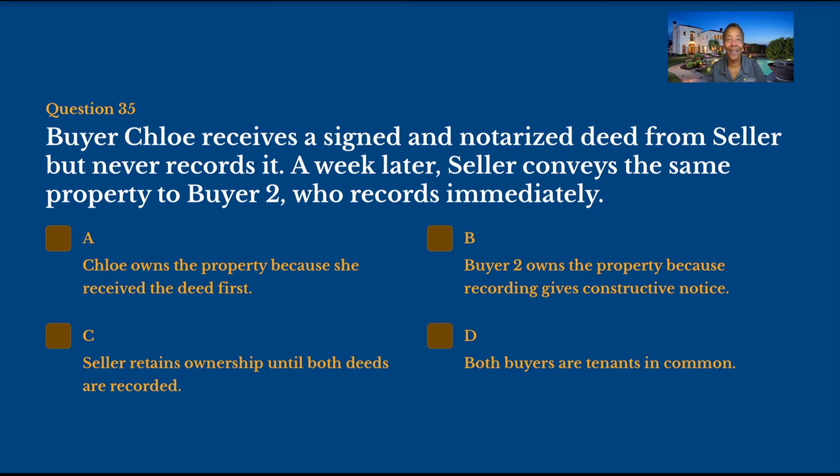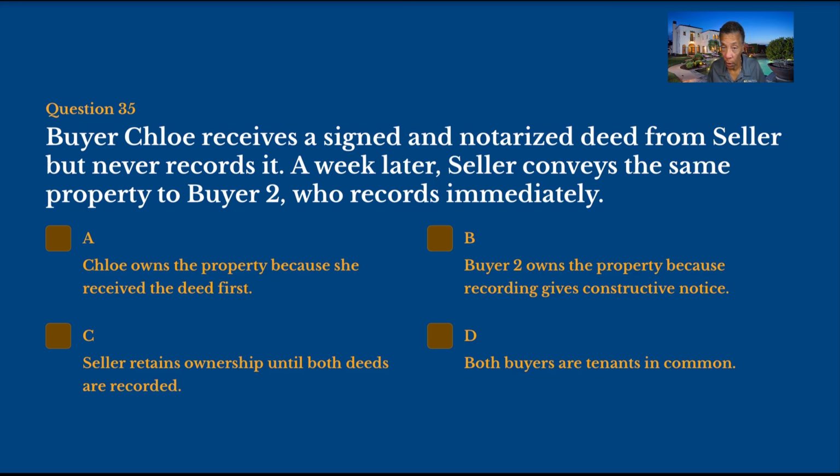What do you guys think here? This is making sure you understand the concept of constructive notice. Who owns the property, right? When you have these shenanigans going on, who owns the property? Guys, just remember this. The first person to give constructive notice owns the property. That's it. We don't care about when you gave him a deed and so forth. The first to give constructive notice owns the property. You can give constructive notice in one of 3 ways. You could record the deed. You could cultivate the land. You can move in. That's it.